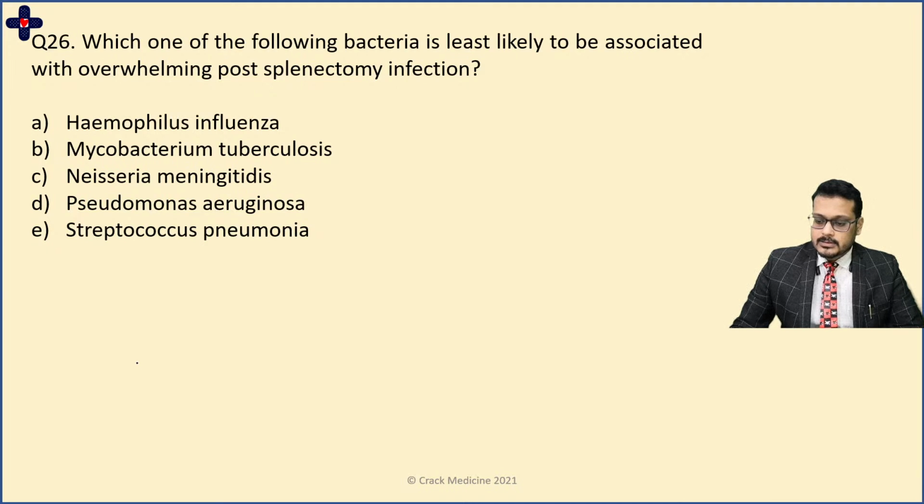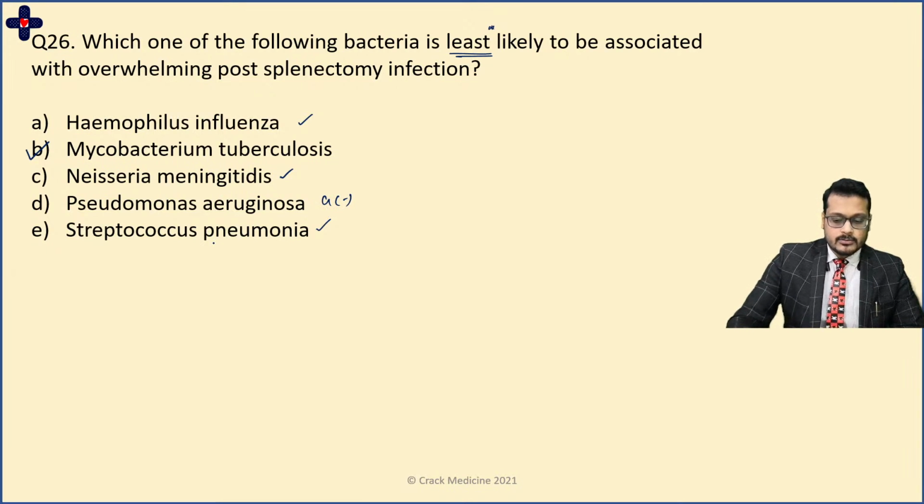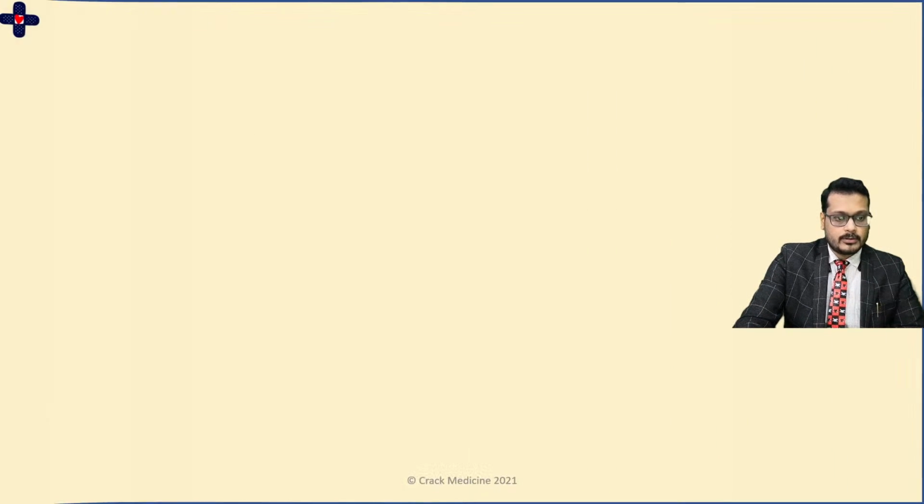So Pawan is quick to answer this one. Right answer is B. The question is being asked about least likely, and I think Tinu, you're confusing. Sorry, Tinu, you're right. Satyam, you are getting confused with most likely. So it's not the most, but it's the least likely. Okay. So these are all your encapsulated bacteria. This is a gram-negative one. So that's how you go about.